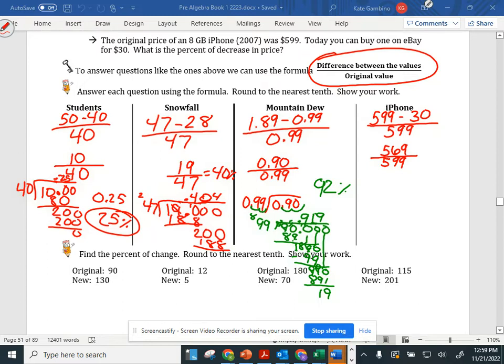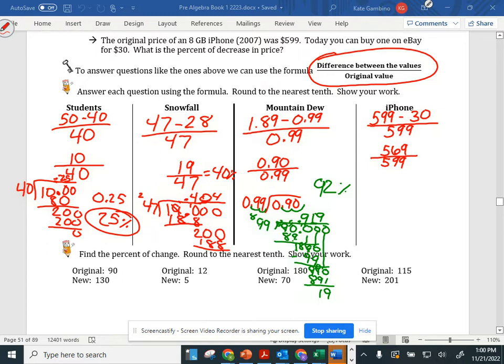Anybody finished with that long division? Okay, when you get to that percentage, make sure you show me. Ella, are you working on it? Yeah, I'm just